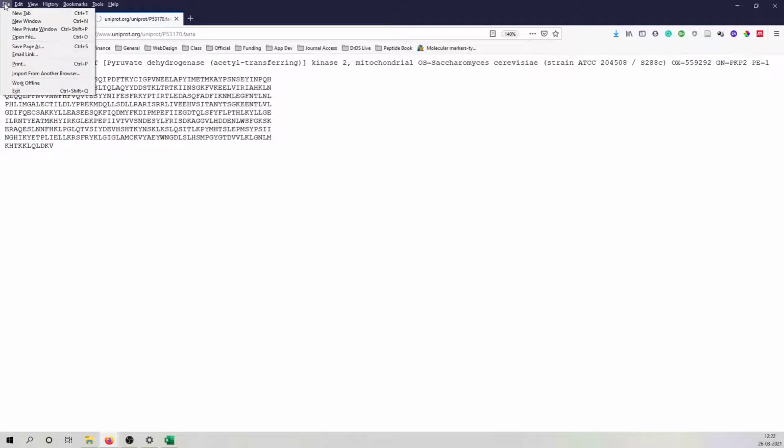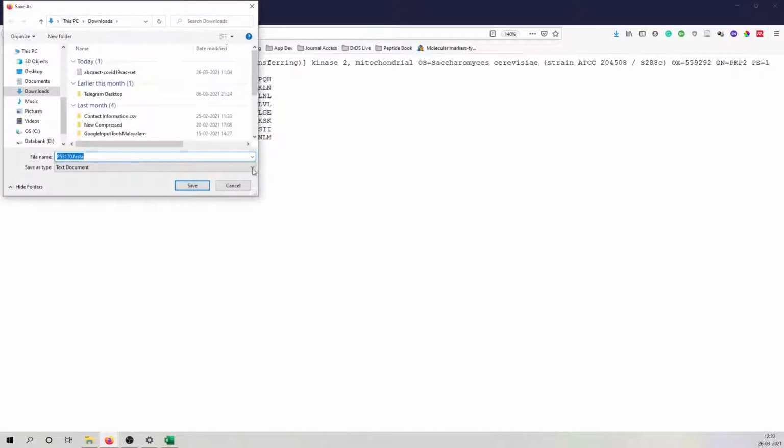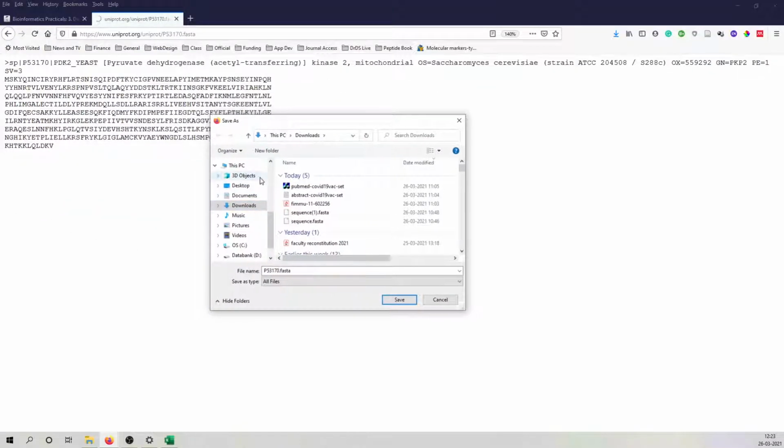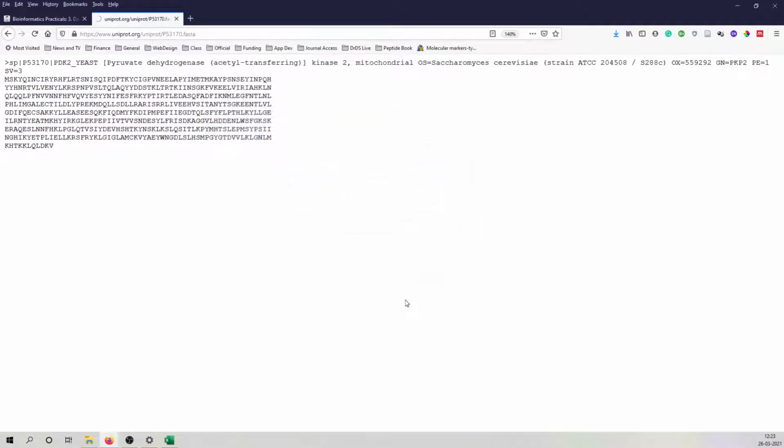You can click on Save Page As. So this is a text document. You can select all files and give the protein name or accept the automatically recommended protein name. Now save to your location wherever you decide. You can save it as a FASTA file.